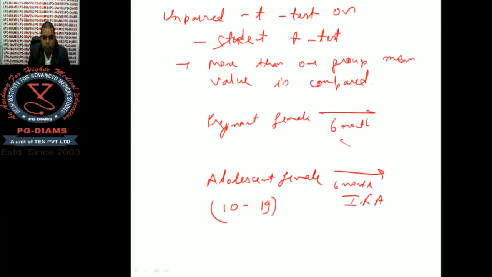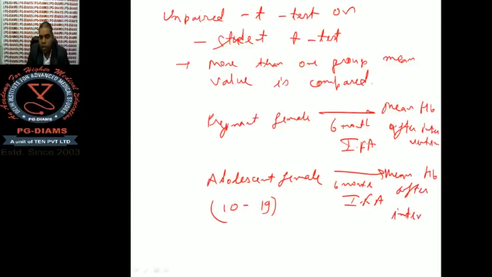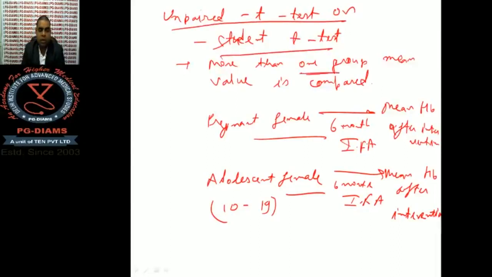Okay, IFA, and in both of these groups you measured mean hemoglobin after intervention, and you want to compare whether mean hemoglobin increases more in pregnant female or it increases more in adolescent female. Then the type of test which you will apply is unpaired t-test, because there is more than one group, two groups. Okay,